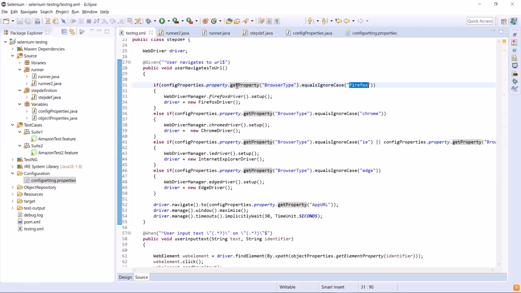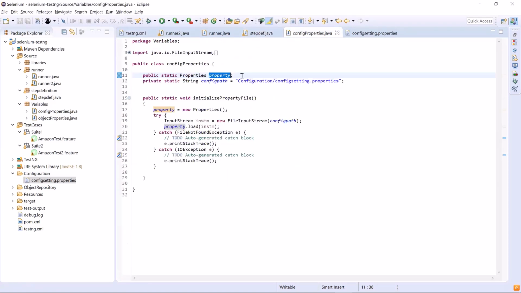So to resolve it, we have to make our property object thread safe. And in Java, we can use ThreadLocal to achieve thread safety. So I will create a generic ThreadLocal of type Properties. When you create a generic ThreadLocal, you don't need to typecast the value returned by the get method. Also, we can only store Properties in the ThreadLocal instance.